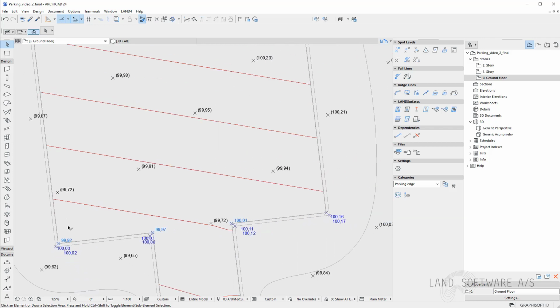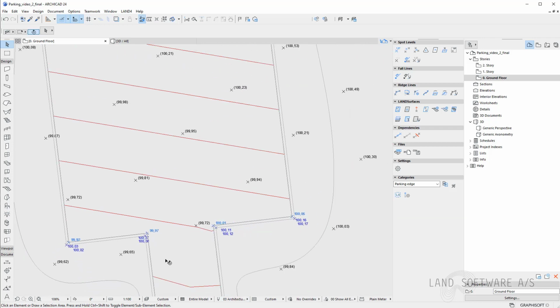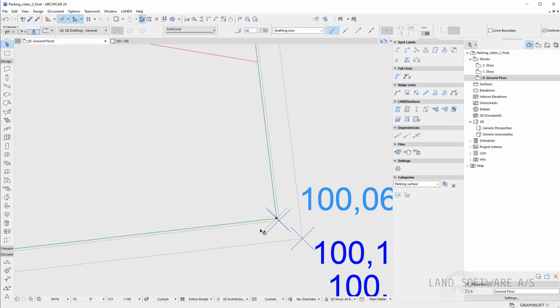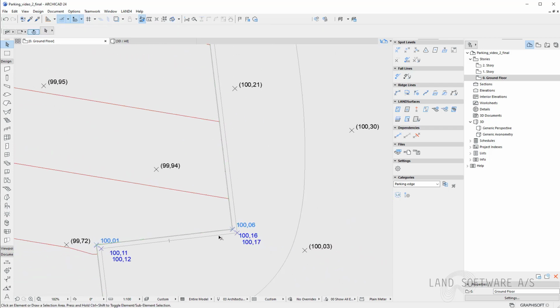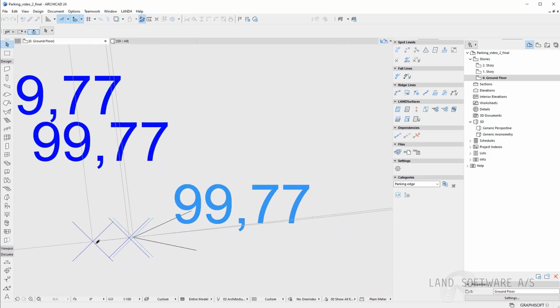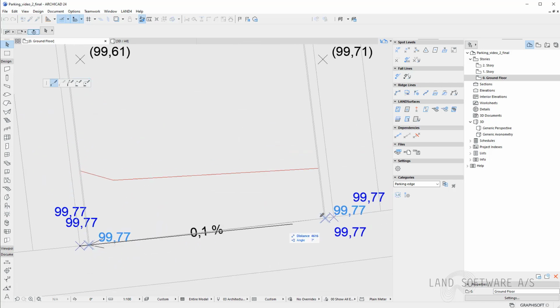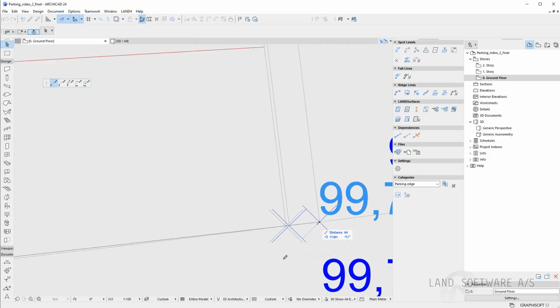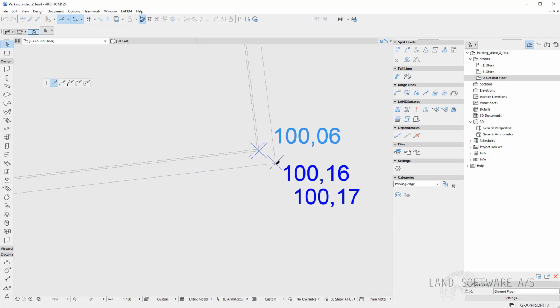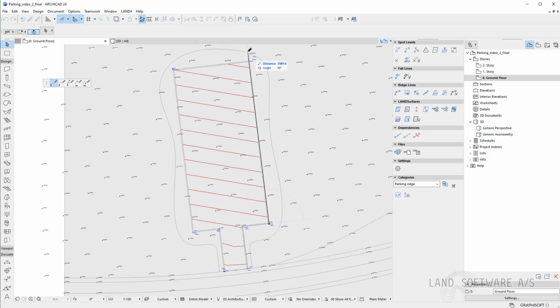I made this operation just because it's easier to have control over it. Of course, you can use also the ridge line from the parking surface category and add it to the surface. So now I'm in the parking edge category and I press on the create land surface, and I will just start by defining the perimeter I want to include in my new surface. And that is, of course, the outer boundary of the parking edge.